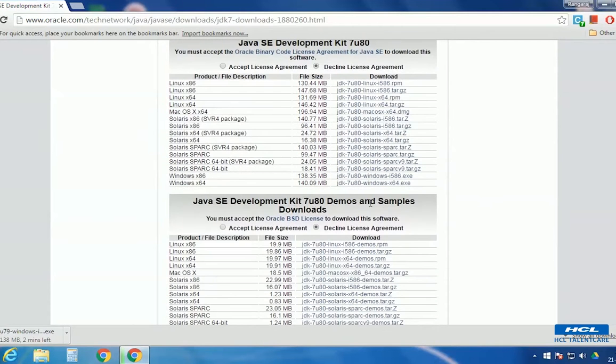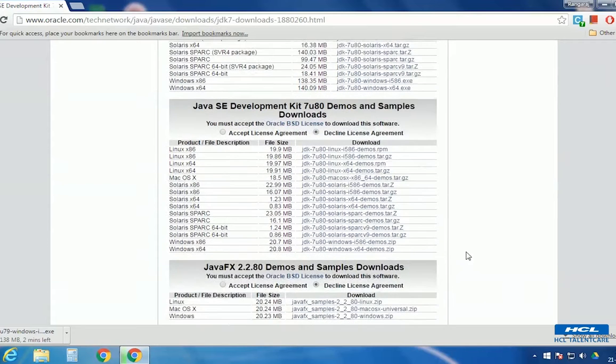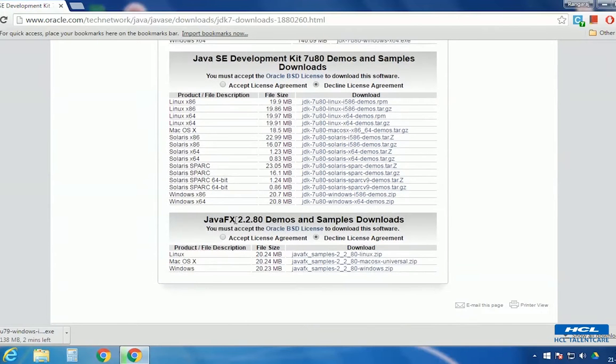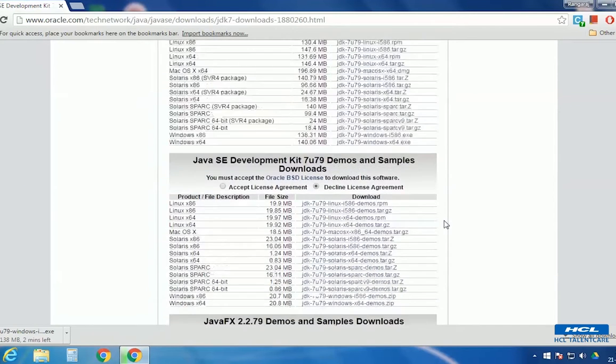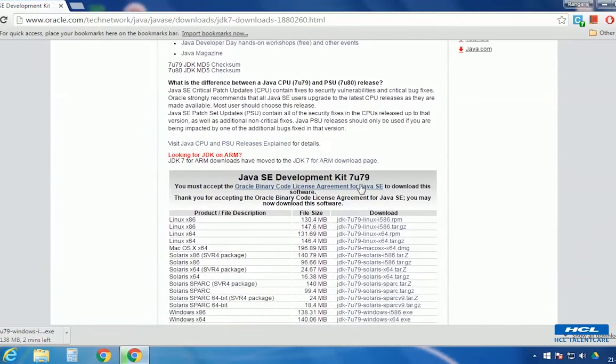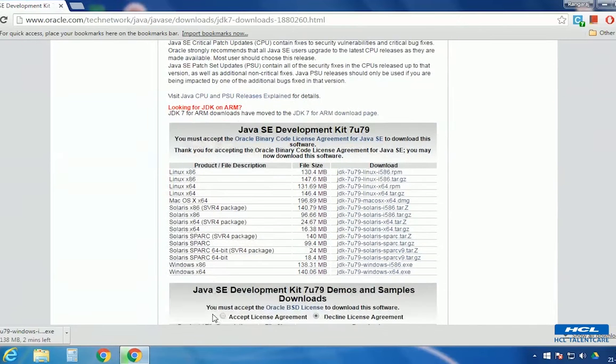Please avoid these demos and samples downloads, because, as I have told you, these are only sample programs and demos which show you how to run a program and how the program will run. And you don't need JavaFX also, we only need the JDK kit, that is Java SE Development Kit 7U79. If you are using a Windows 64-bit OS, you can also download this version.